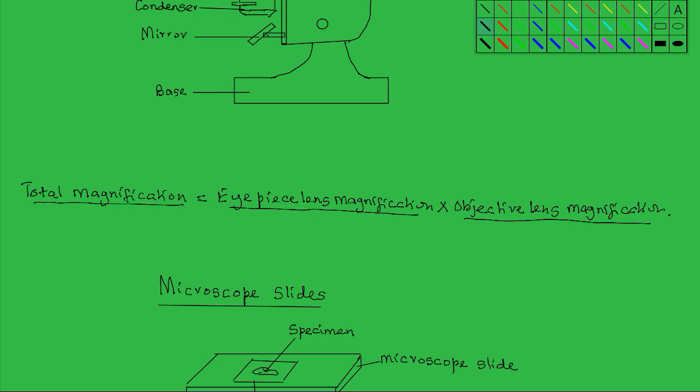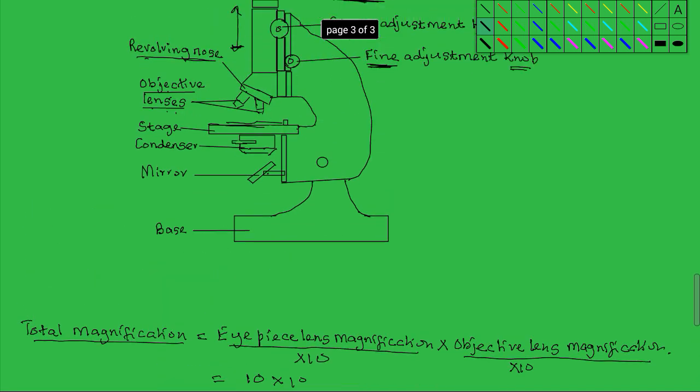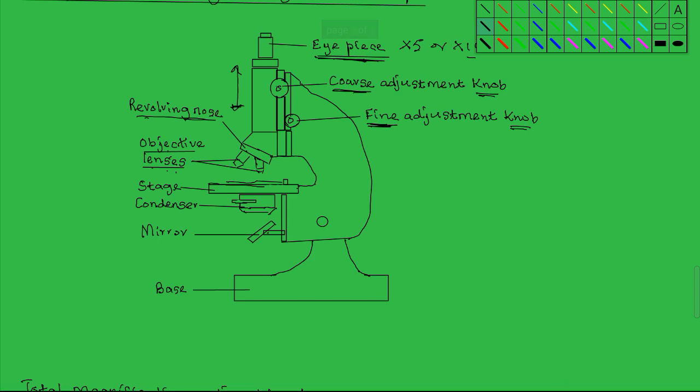For example, if the eyepiece lens has a magnification of times 10 and the objective lens in use also has a magnification of times 10, the total magnification is obtained by multiplying 10 times 10, which gives you a total magnification of 100. So the object that is viewed under the microscope will appear